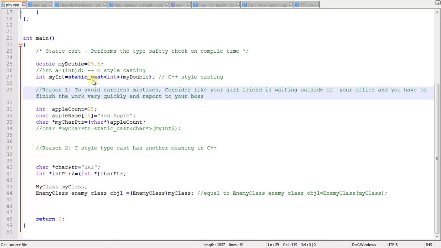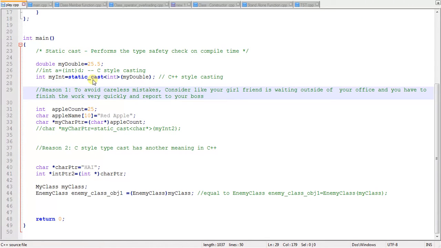What is meant by static cast? A static cast will check whether your conversion is valid. In C-style casting, you can convert from any type to any type. That is, you can convert any kind of source type to any kind of destination type.